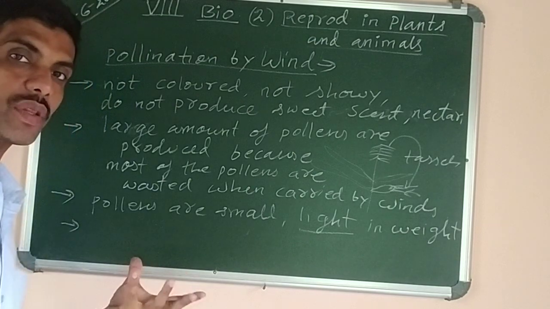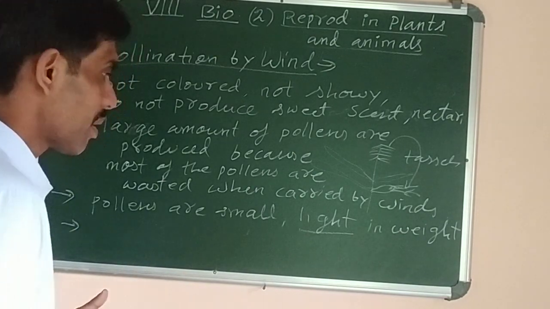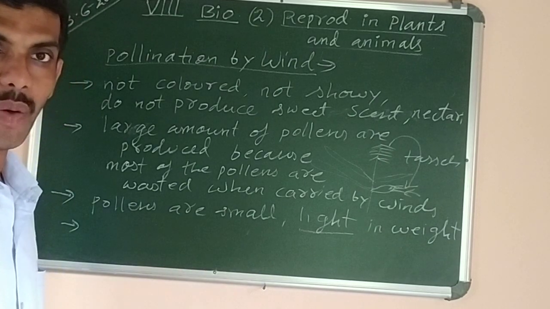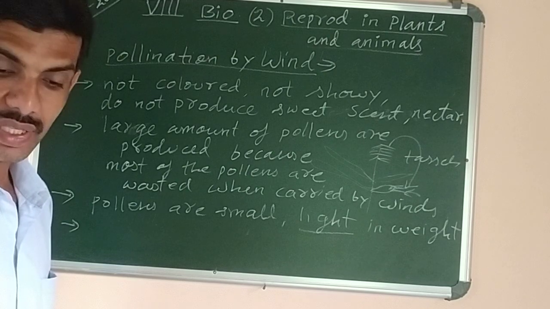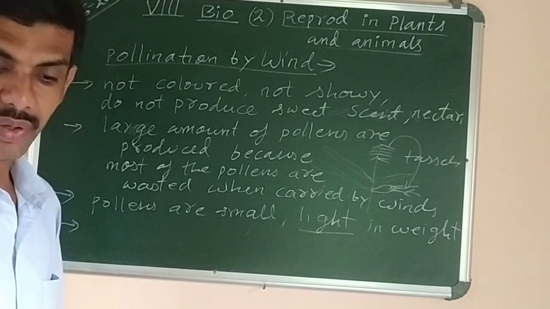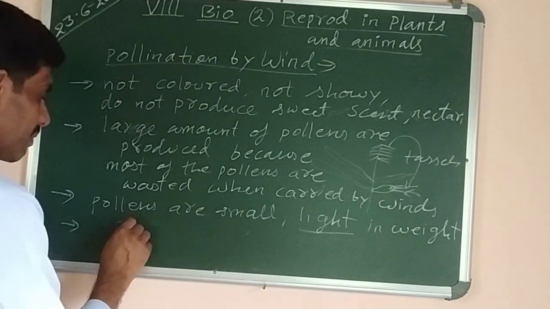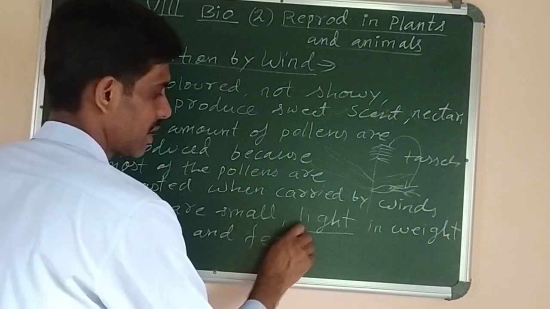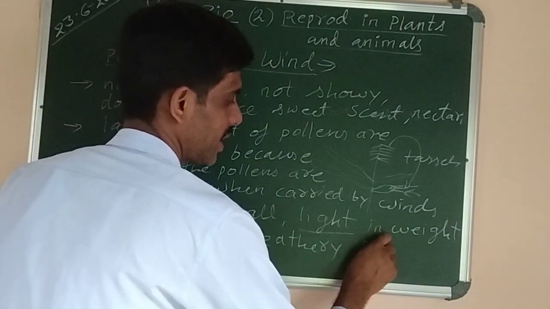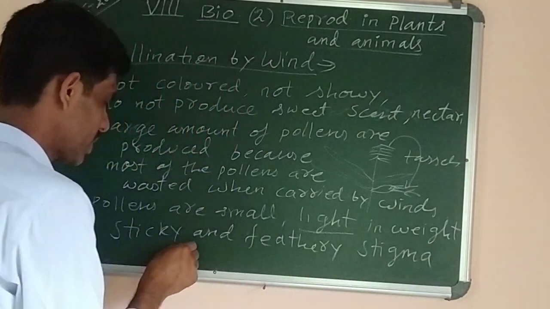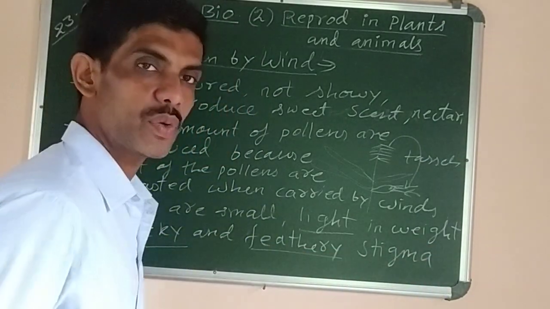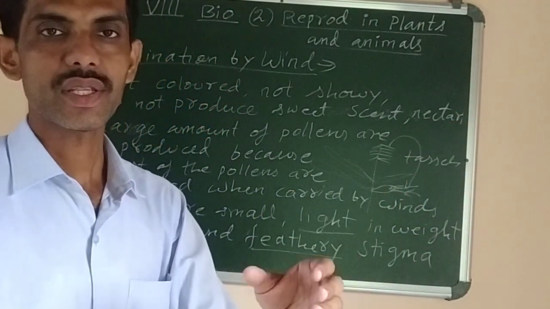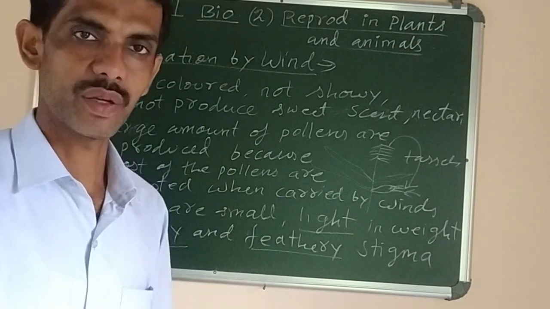Then the next one is, what about the stigma of such flowers? The stigma has to receive the pollens which are deposited by the wind, so the stigma must be sticky in nature, because it will help to receive the pollen grains. It is sticky and feathery. So I will just write the main point: sticky and feather-like stigma. What is the benefit of such a stigma which is sticky and feather-like? Because it is broad and expanded, when the wind carries the pollens, they may be deposited on the surface of the stigma. Got it?